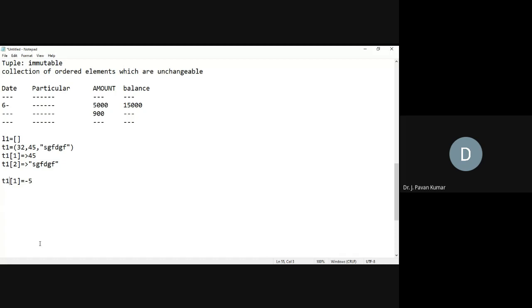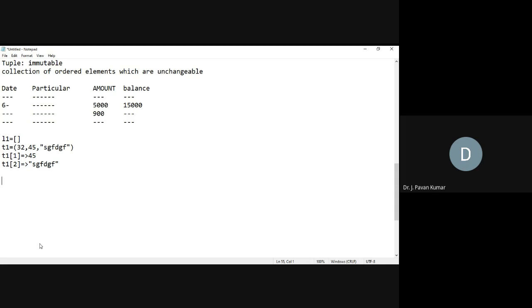So T1 of 1 we cannot modify directly by assigning a value. Whenever we try to modify, it will give an error. Why? Because tuples are immutable. Understand? Yes, sir. So that is the basic difference between tuple and list.